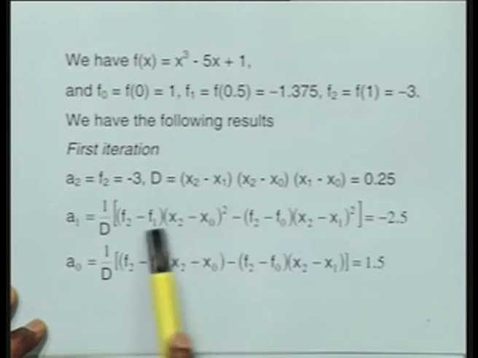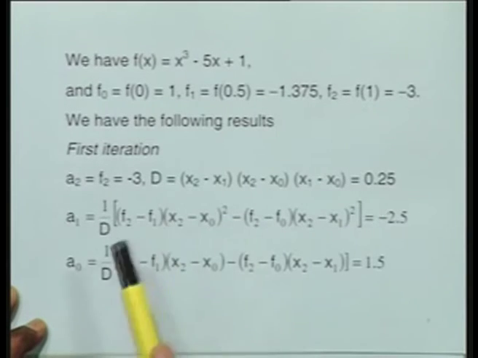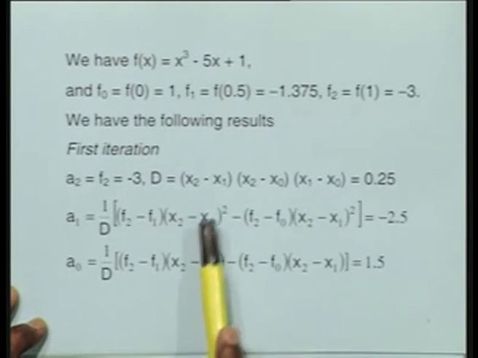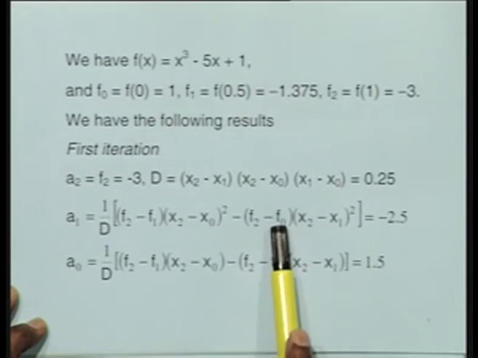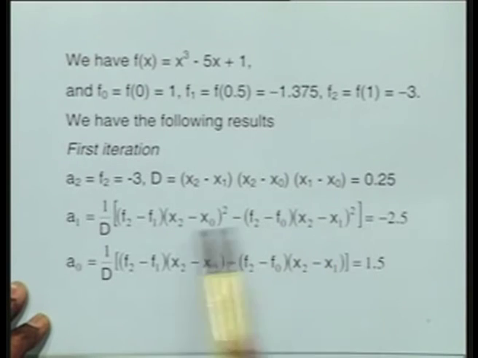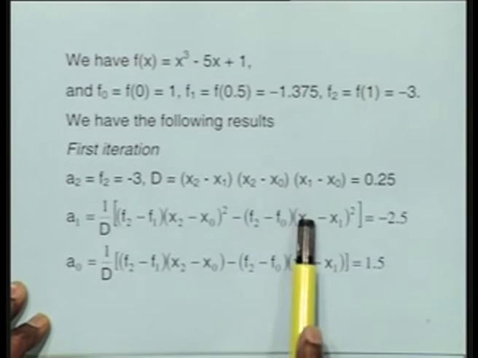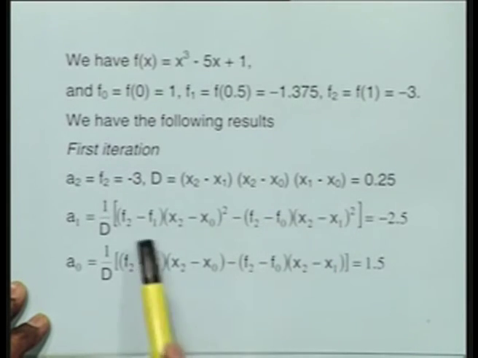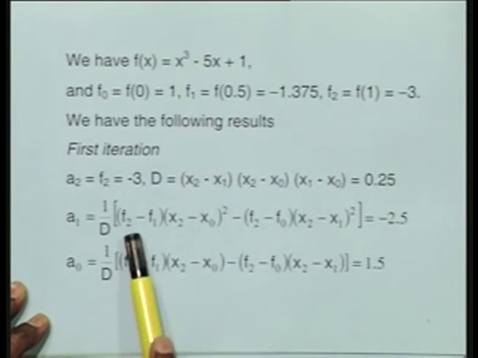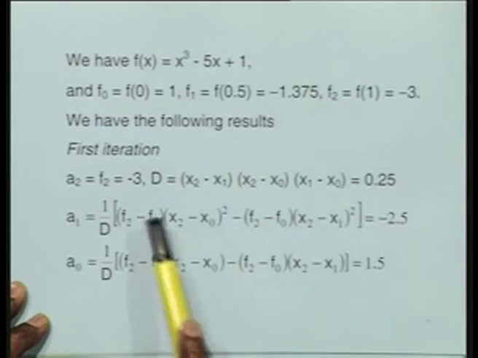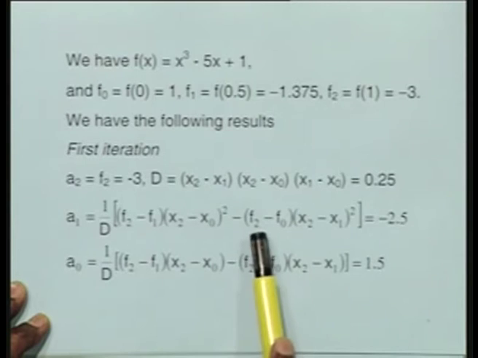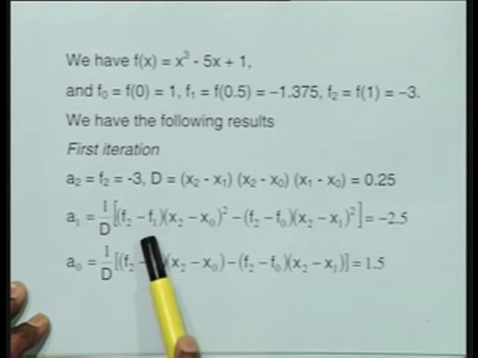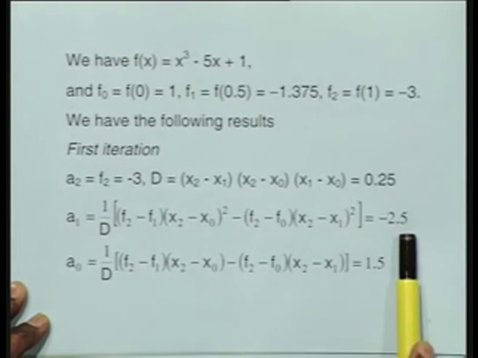It will take a little longer for me to explain, but you can see the way in which the sequence goes in the numerator also. This is f2 minus f1, x2 minus x naught whole square, f2 minus f naught, x2 minus x1 whole square. So this f2 is with x2, f2 with x2, f1 with the opposite value, f0 with the opposite value. So this is how a particular sequence can also be remembered in writing even a1 and a2. So I can substitute this f2 and f1 here, x2 and x naught here, f2 and f naught here, x2 and x1, simplify this, I get minus 2.5.